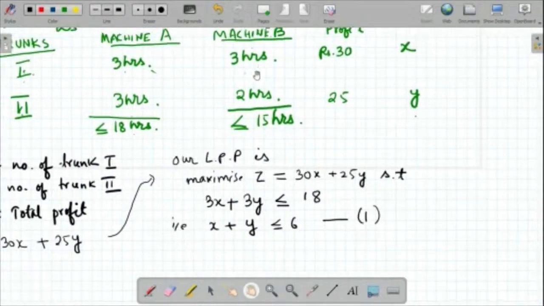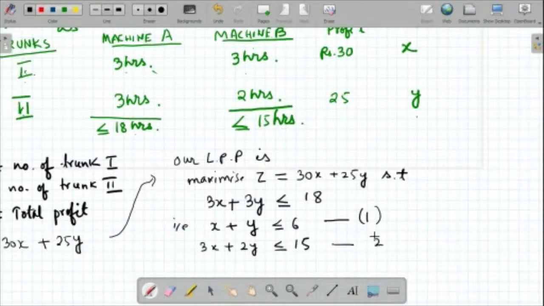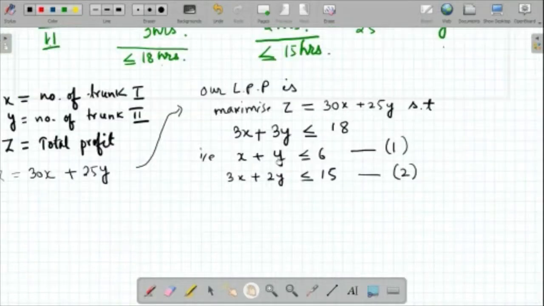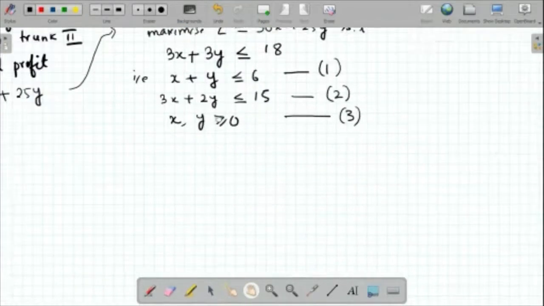And what is the second? The second is 3x plus 2y less than or equal to 15, right? This will be equation number 2. And lastly, x comma y should be greater than or equal to 0, right? So these are our equations, right? Now